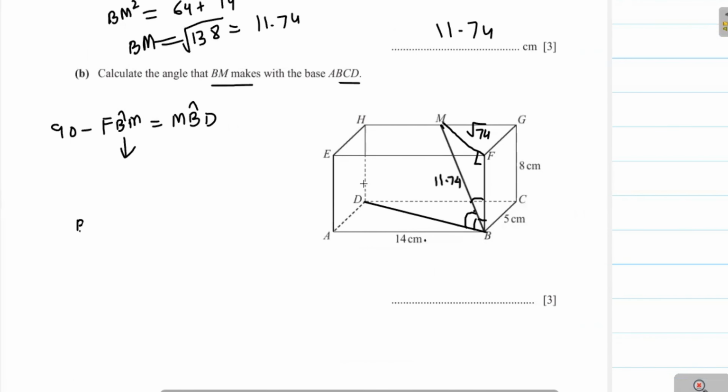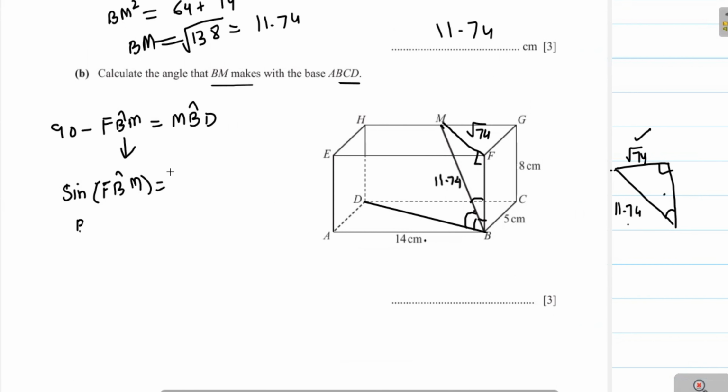Now in this right angle triangle, this length is square root 74, and this length is 11.74, and this is the angle we have to calculate. Therefore, this is the opposite side and this is the hypotenuse. We can write here sine of angle FBM